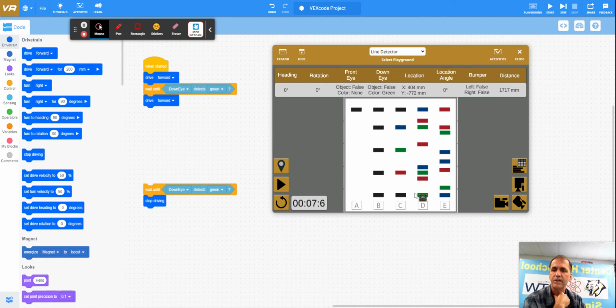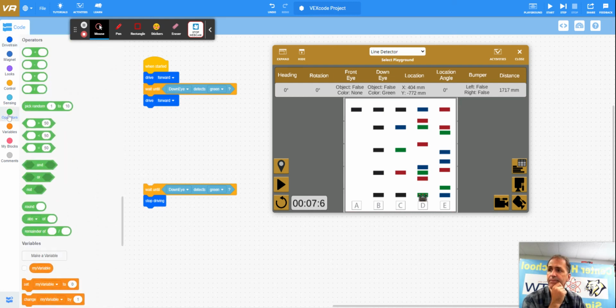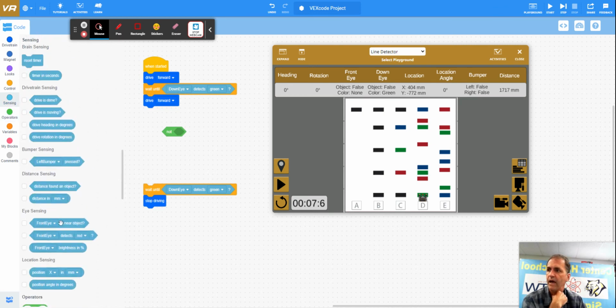One of the things that you can do is have it drive forward again until the down eye, and this is going to be a little weird. One of your operators is a not. The not word means it is not true that. That is the way to read this. So you can say, let's move forward until it is not true that the down eye detects green, and then move forward again. The problem is